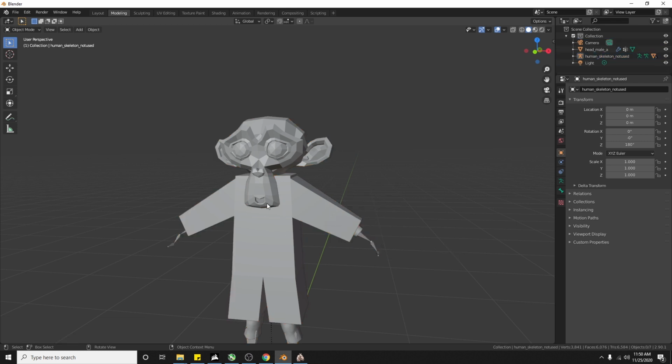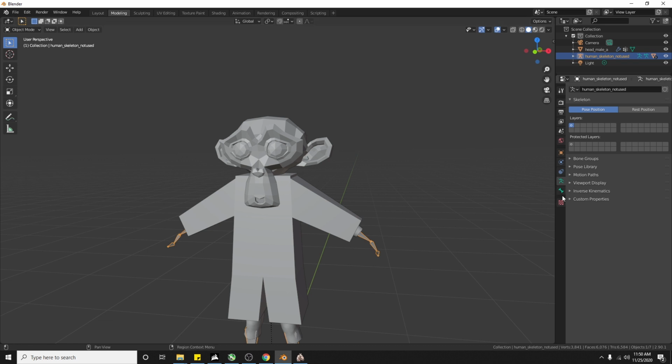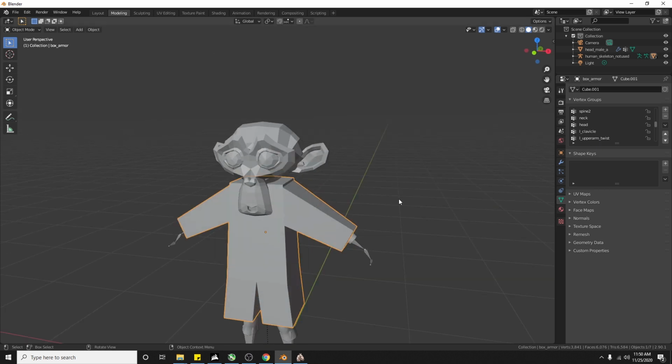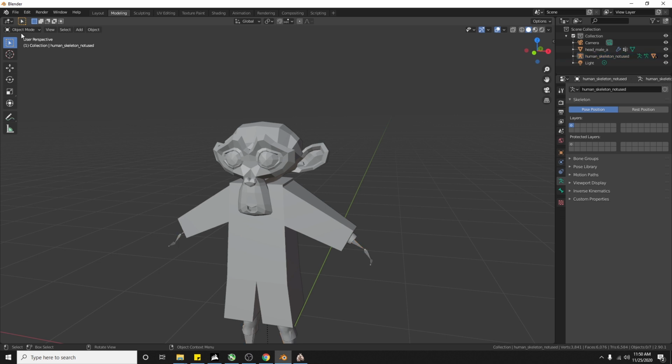If you take your mesh online and it is already rigged, you can just go here and delete everything here. When you parent your mesh with the bone, this will appear. But even if this is here, when you move the bones, let me show you. When you move the bones using pose mode,